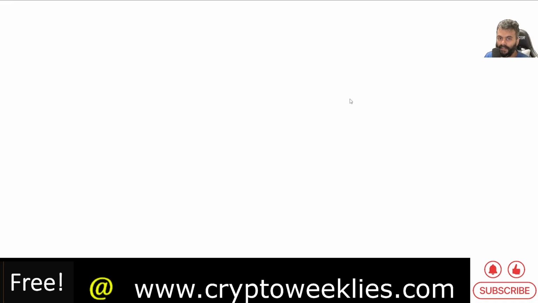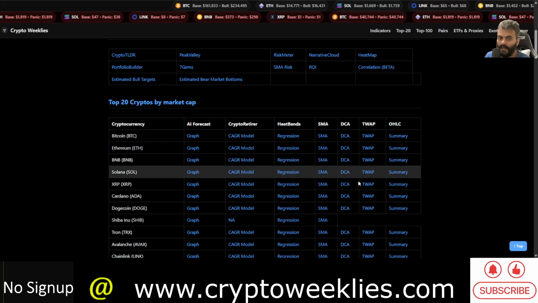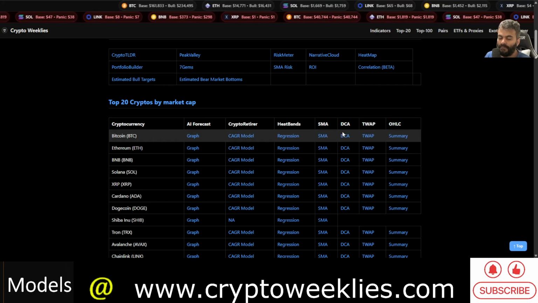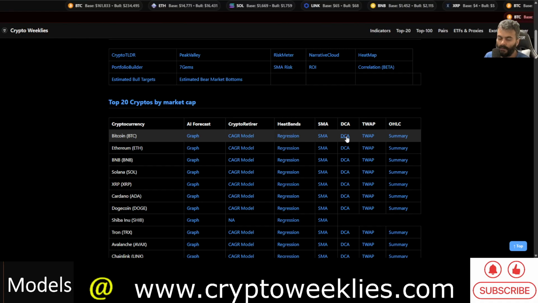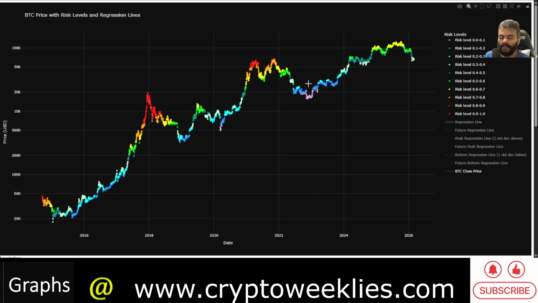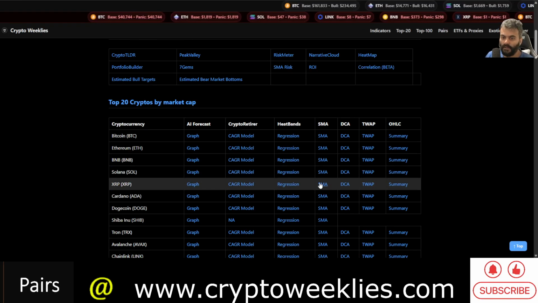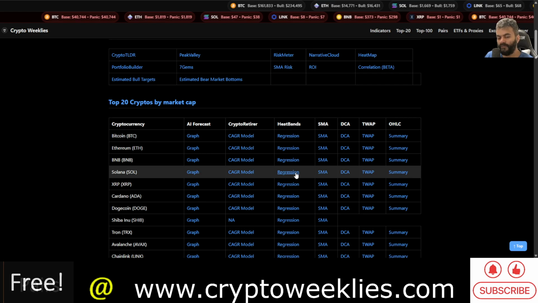Even the one that is a regression based model has not been that useful for Sol as the time weighted average price is. But for much more established assets such as Bitcoin, actually the DCA model makes the most amount of sense, where again the regression based fair value helps identify what phase of the asset class or the market cycle the current price is in and what's the regression based risk. So again, Sol is not the primary mover of the asset class.